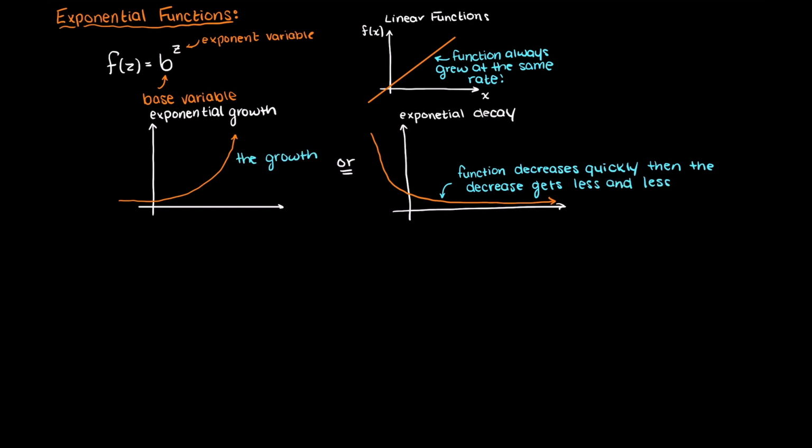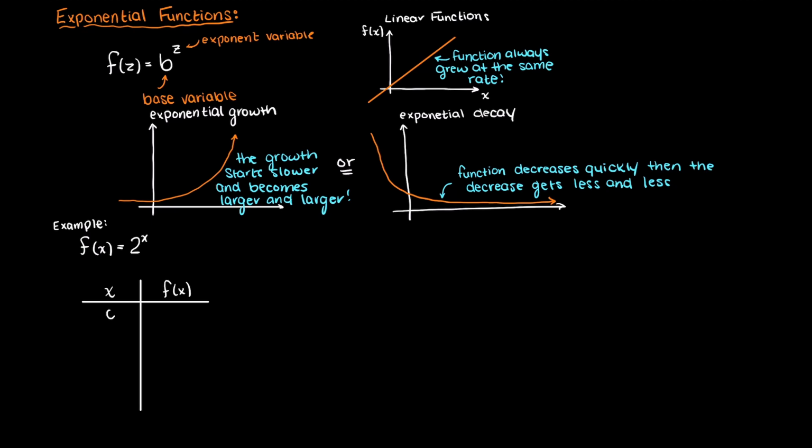So, to better understand this, let's graph this function, 2 to the power of x. As we always do when graphing functions, let's first make a table of input to their matched outputs. Let's just use 0 to 5 as our inputs, as this should give us enough data to see a trend in our graph.